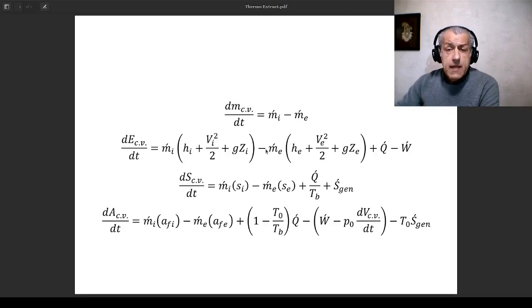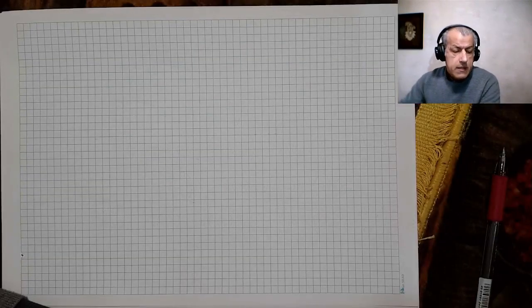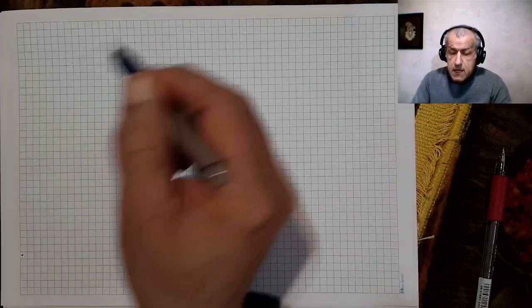Problem is steady state, so the left-hand side usually vanishes, and therefore we have incoming and outgoing mass. Usually work has negligible effect, and therefore heat is calculated from the difference between incoming and outgoing entropies. Changes in the velocity and elevation are also negligible. So what we do here is to write down the mass conservation equation,